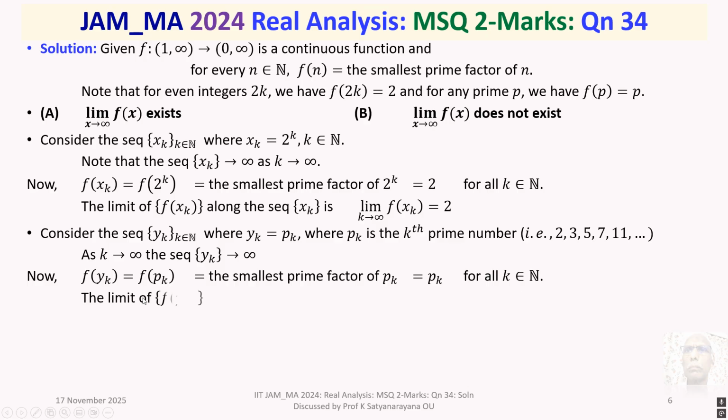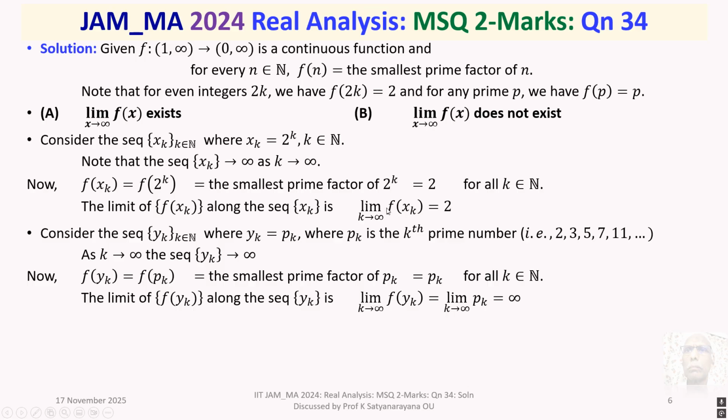So, the limit of the sequence f of yk along the sequence yk is limit k tends to infinity of f of yk, which is equal to limit k tends to infinity of pk, which is infinity. So there we have infinitely many prime numbers in an increasing order. Thus we have produced two sequences, both diverging to infinity, and for one of them their images,